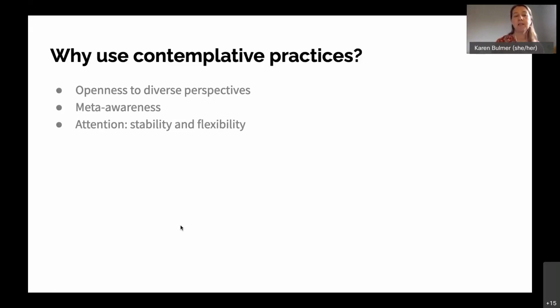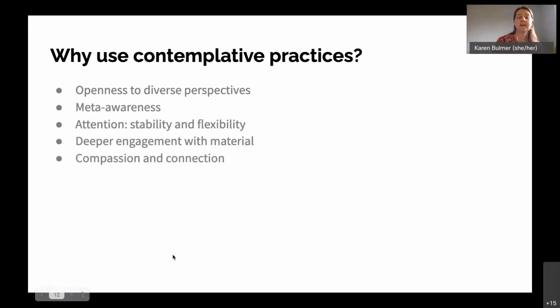And then flexibility is also really important, being able to attend to something and then fluidly move with intention to something else and not be yanked around. That can be really valuable. I think all this can lead to a deeper engagement with the material.